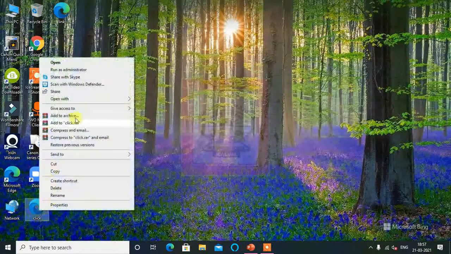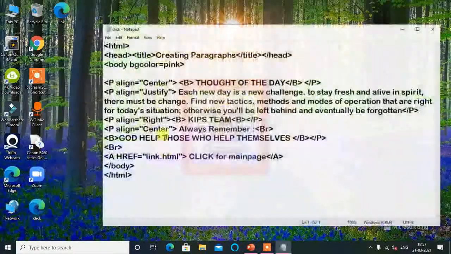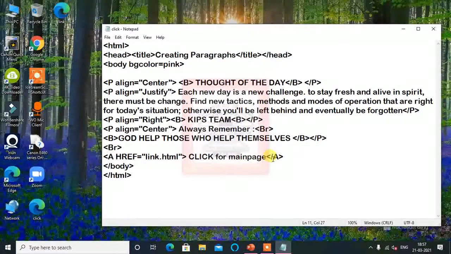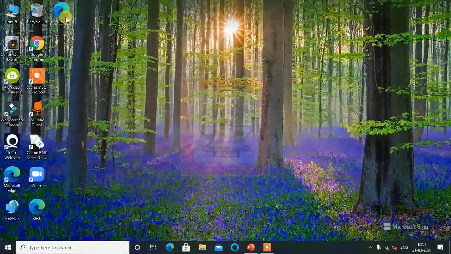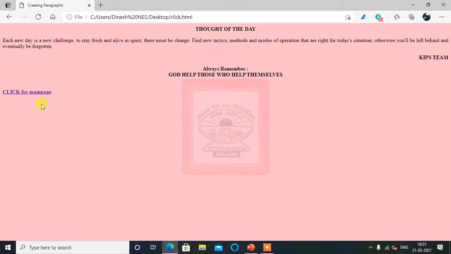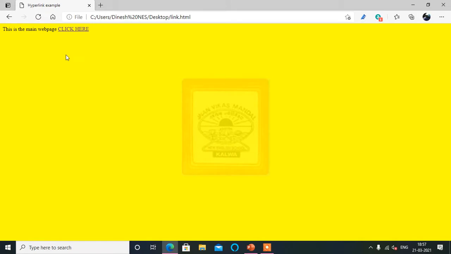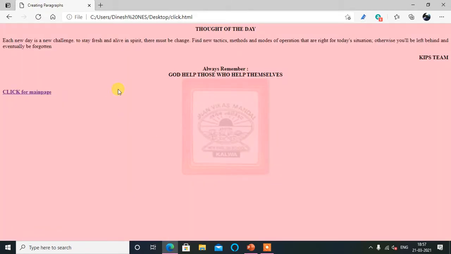Okay, let's check here once again with this link.html. Click for main web page. Now we'll save this and open it here. Now we are going to click here, and now from here when you click for main web page, it will come back to here. So when you click this, it will go to this information page, and when you click here it will go to the main page.